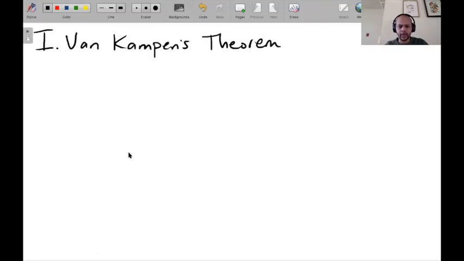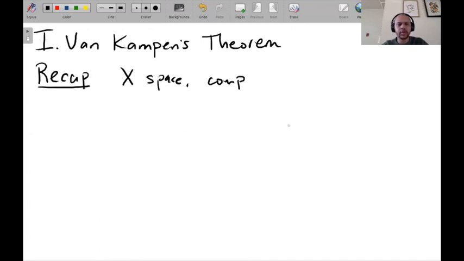Okay, so let me start by reminding you where we are in our discussion of fundamental groups. Given a space X, we want to compute the fundamental group of X. And we've devised a general strategy for doing this. So if X is the geometric realization of some simplicial complex, then